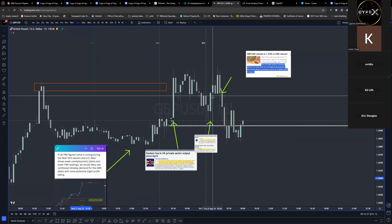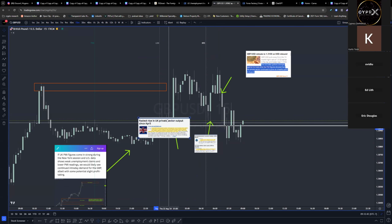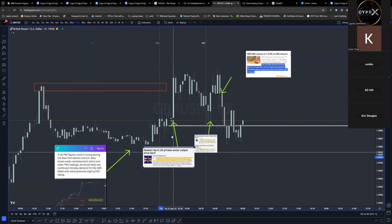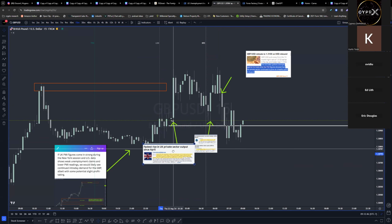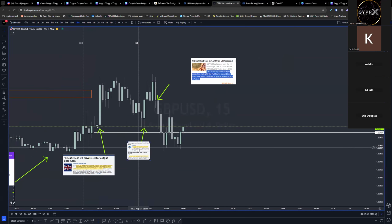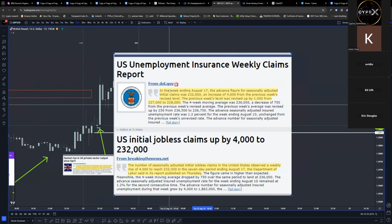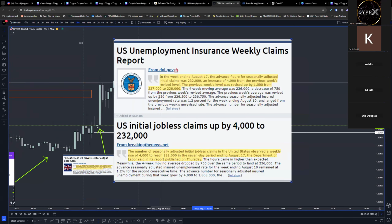When I came into today's New York session, I saw that last night during London session when I was asleep, uplifted UK PMI figures came into fruition. So that was one of my confluences for today. Then at 5:30 a.m. this morning, we had the US unemployment figures, where we can see at 5:34 a.m.,